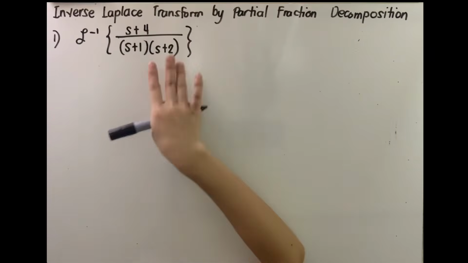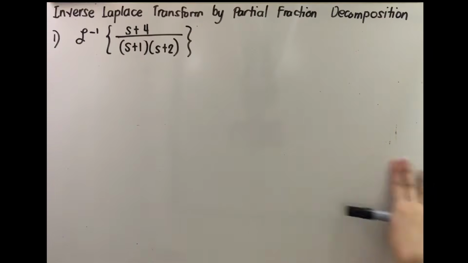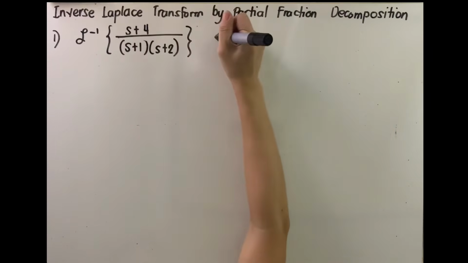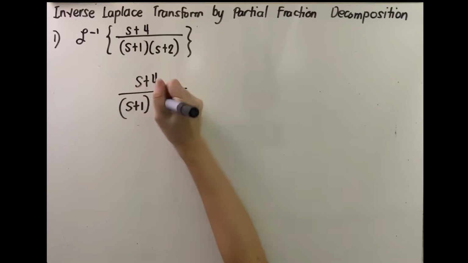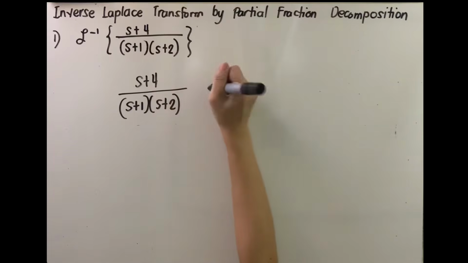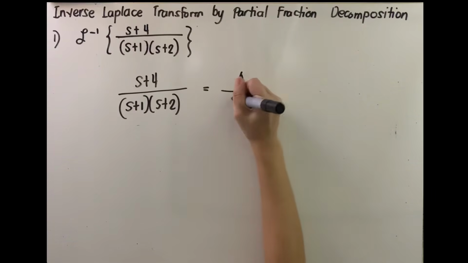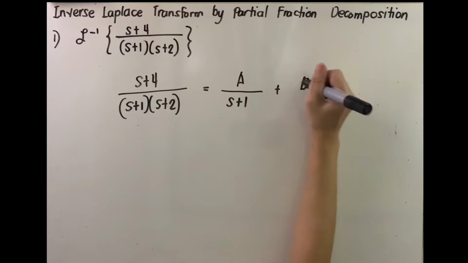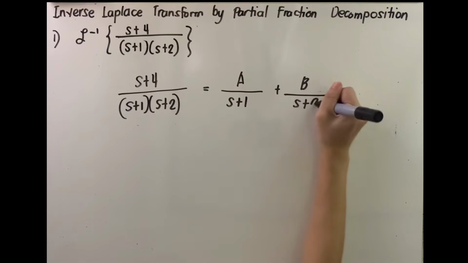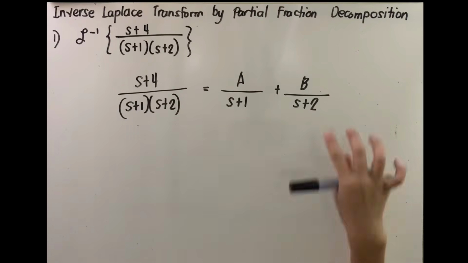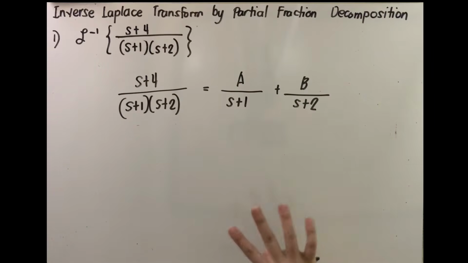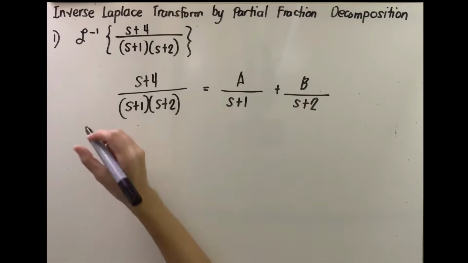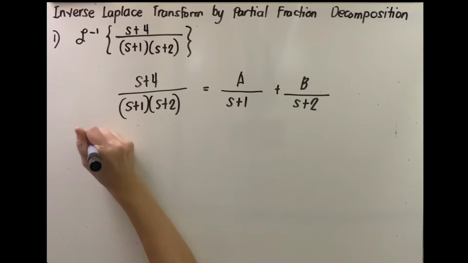Alternatively, when we're getting the partial fraction decomposed version of the given, since this is, di ba, if you have s plus 4 all over s plus 1 times s plus 2, we equate this to a all over s plus 1 plus b all over s plus 2. This is the representation of your partial fraction. Now, what we did kanina was the conventional way of coming up with the values of a and b. But there are shorter ways wherein pwede nating masolve yung values na yun. Other references call it residual method,